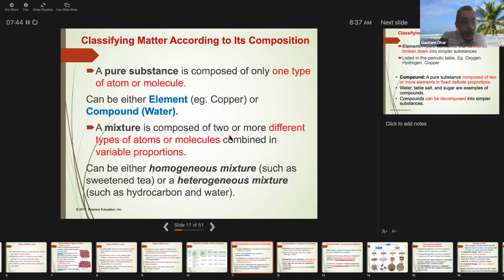So you can think of water, being made of oxygen and hydrogen, but the number of oxygen atoms and the number of hydrogen atoms is fixed. So we call it the law of definite proportion, and that is true for all compounds. But we can also take oxygen gas and hydrogen gas and mix them together in any proportion. Then that is a mixture. So that is the difference between a mixture of hydrogen and oxygen and water.